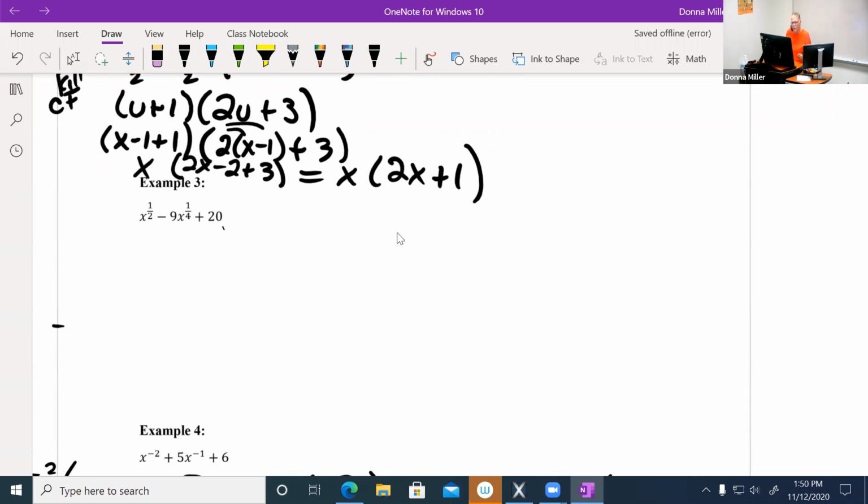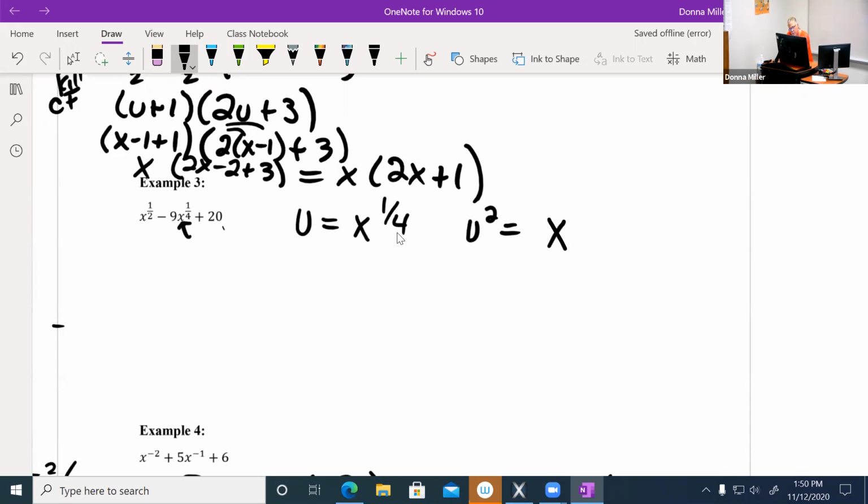All right, so it's got 3 terms, so I'm thinking, well, it looks like something, right? So I look at this, and whatever is here, this is like my x term, right? So I'm going to let u be x to the 1/4. All right, that's what it tells me, whatever that power is. So if I let u be x to the 1/4, I want you to think for a minute. Well, what would u squared be? U squared would be x to the 1/4 squared,